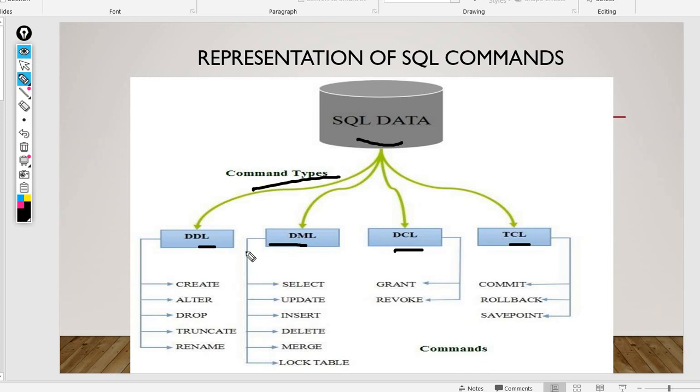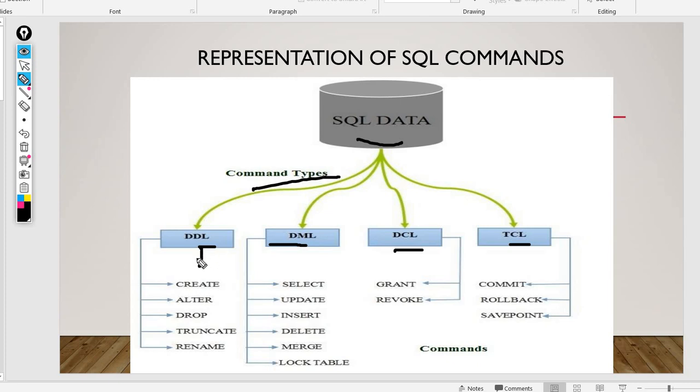In these commands, you have to remember one thing, that DDL is like a box. For example, you take a box, in which you're going to add some accessories, it may be cosmetics, it may be anything. DDL is like a box. You're going to give the structure, the outline. DML is like adding something in that.